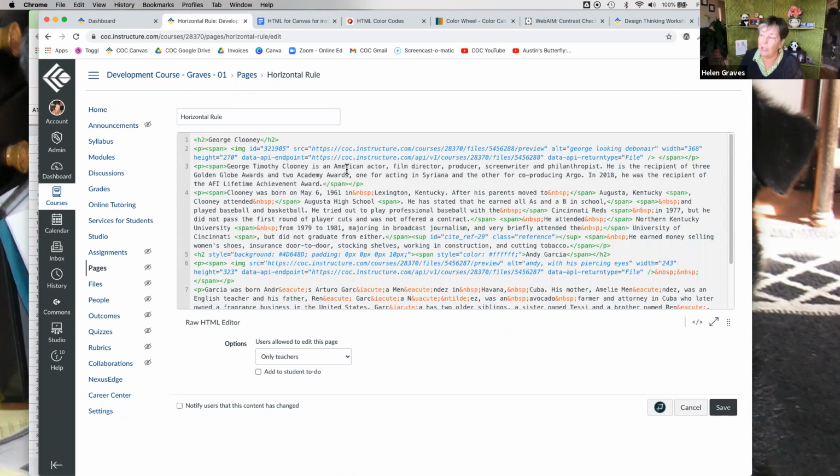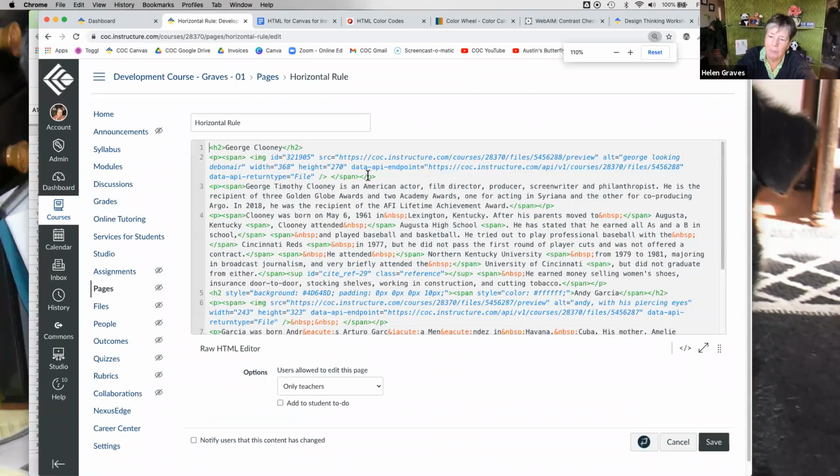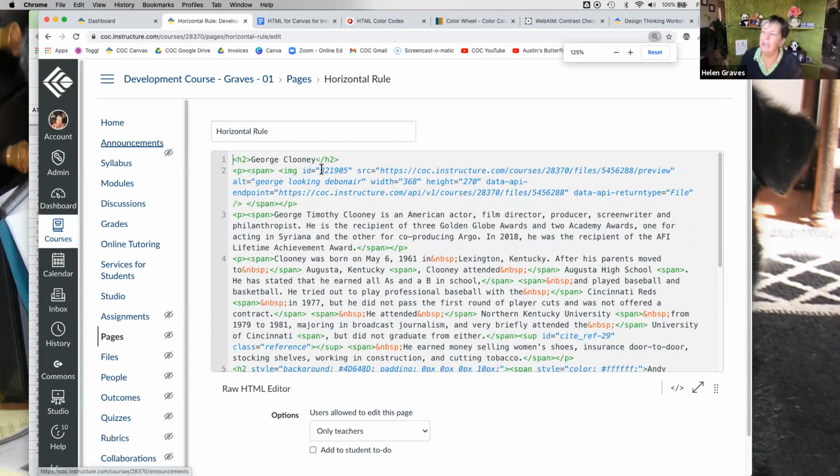You can see at the very top, let me make this a little bigger for you. It says H2, which stands for a heading. And then it's got the close H2 tag. Then we've got a paragraph tag. And down at the end, we've got the close paragraph tag. So each piece of content is chunked within some set of tags. Everything within the opening and closing is referred to as a line of code, even if it's actually longer than a single line of text.